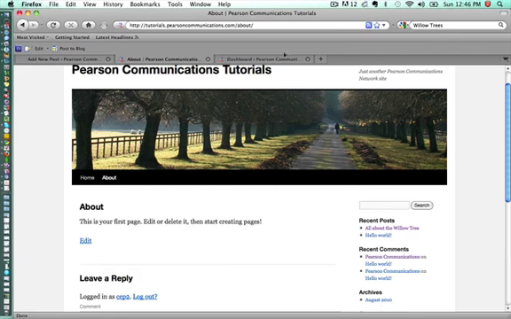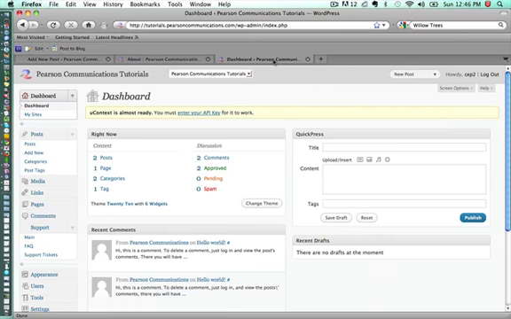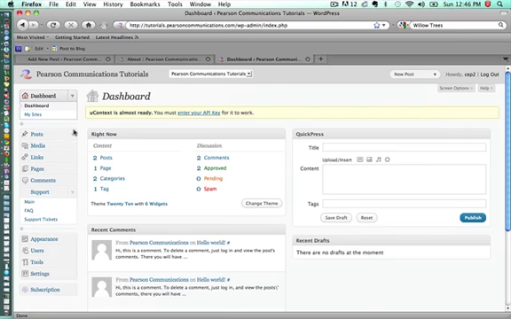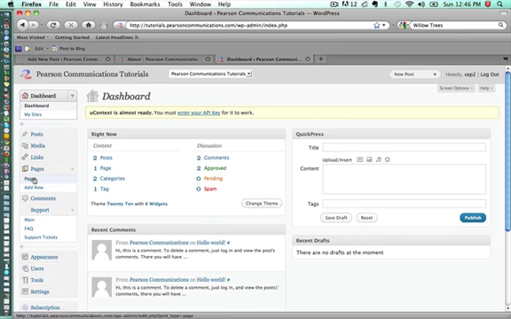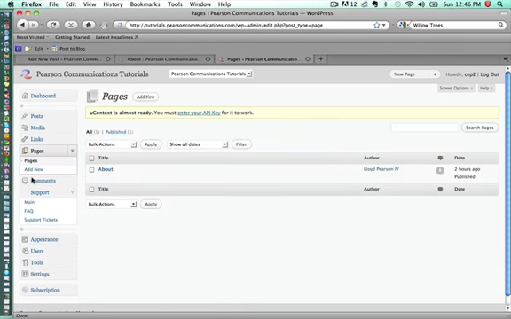The first thing you need to do is log in to your site. Now that we're logged into the back end of our WordPress site, we have some options in our sidebar. This is our dashboard, the same screen we always see as soon as we log in. And we want to go to Pages. If we click Pages, we know that there are already a couple of pages there. We saw our home page, and then we saw the About page. If we want to edit that About page, we can click on that Edit button,